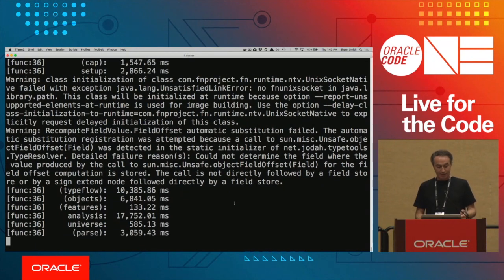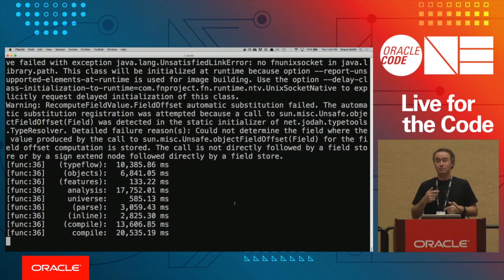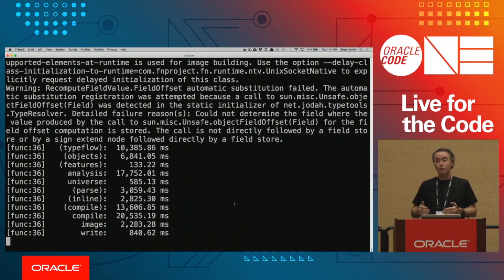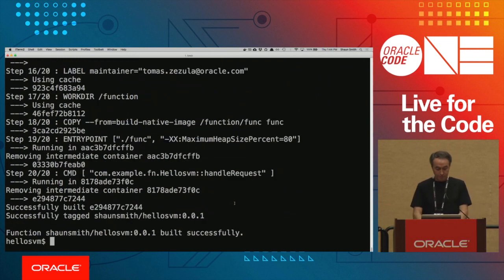Okay, it's parsing, building. So the good news is this is going to produce a very small binary. Bad news is you're paying now. So I think in the future, you might see people working with HotSpot in development. It's fast, it's easy. It's good for the code-test cycle. And then when I'm moving towards production, I'm going to start using Graal to maybe build the final product. Okay, so there it's built. I'm going to just show you the Docker image sizes.